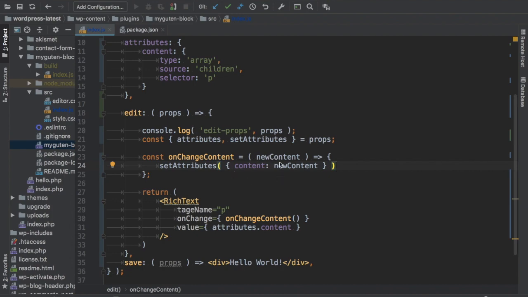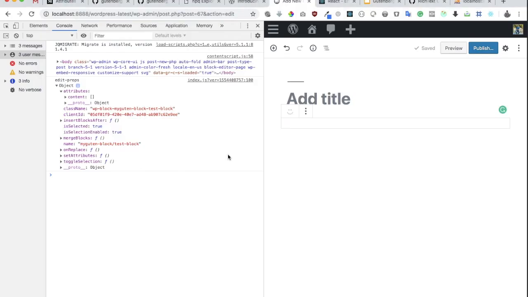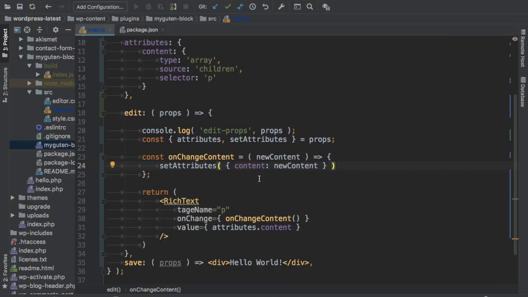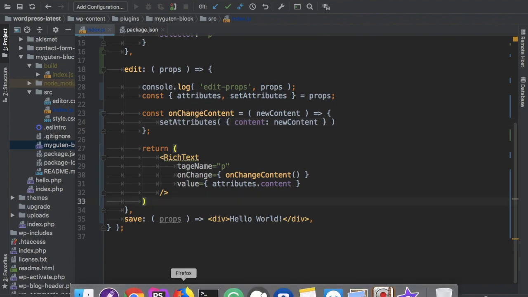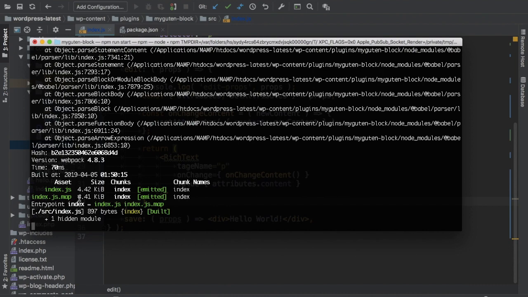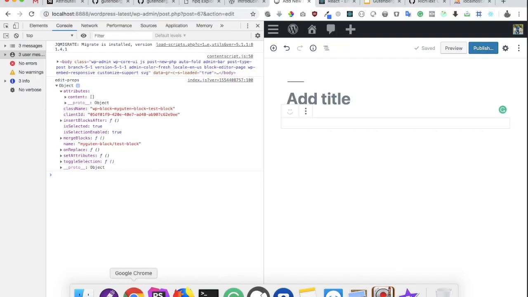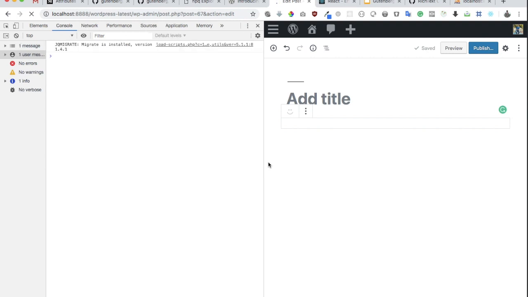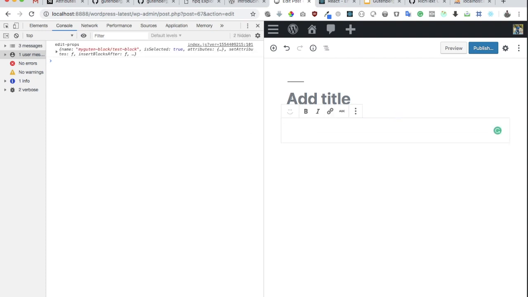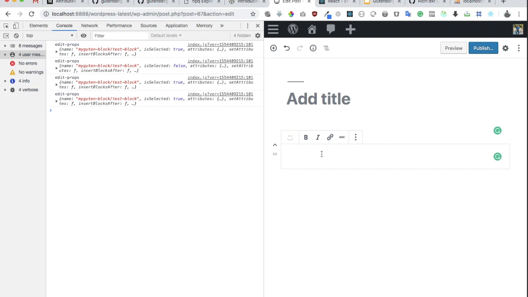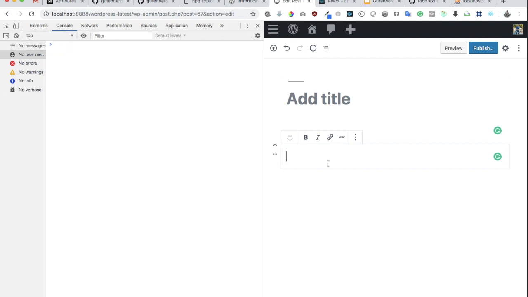because remember we are putting the information the user has typed into content of attributes, and if you want to see that also visibly in the browser, then we need to put that information in the value. Okay, so that's that. So let's see if this is working. Remember our Webpack is already running, so we don't have to worry, it's handling all the bundling. So let's refresh the page, and now let's pull a block, and now if I type something,